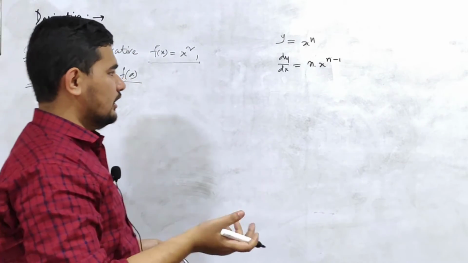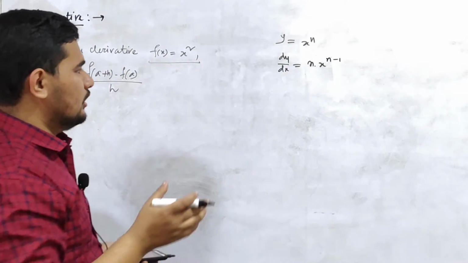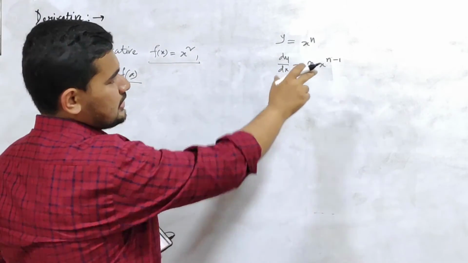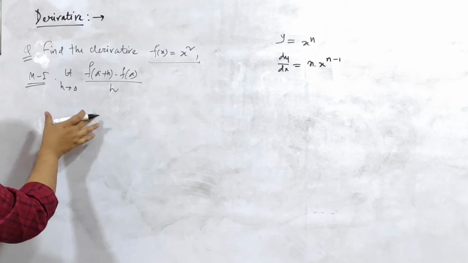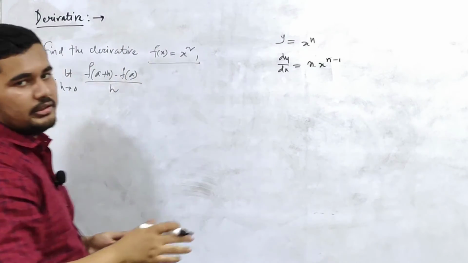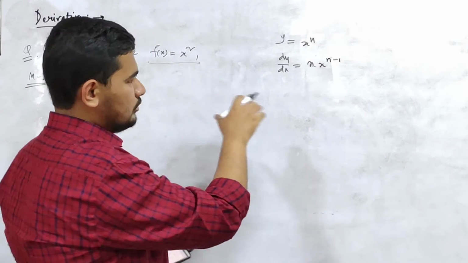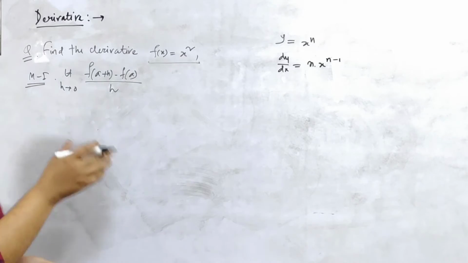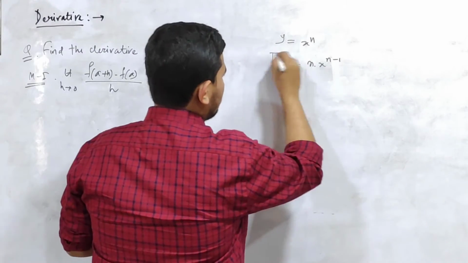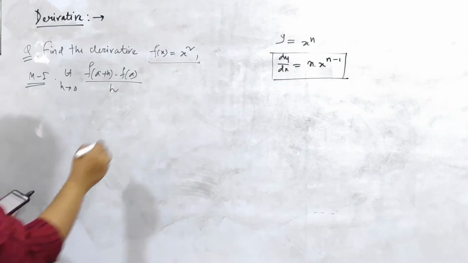So the thing is that in derivative you need to remember some formulas of sin x, cos x, sec x, tan x, and many other kinds of formulas. And many times students think, where are we getting this kind of formula from? So we are getting this formula from this expression only. You can derive each and every formula I am writing here from this expression, but here I am not going to derive every formula. You can derive them on your own also. So now from this formula I can find the derivative of x square.